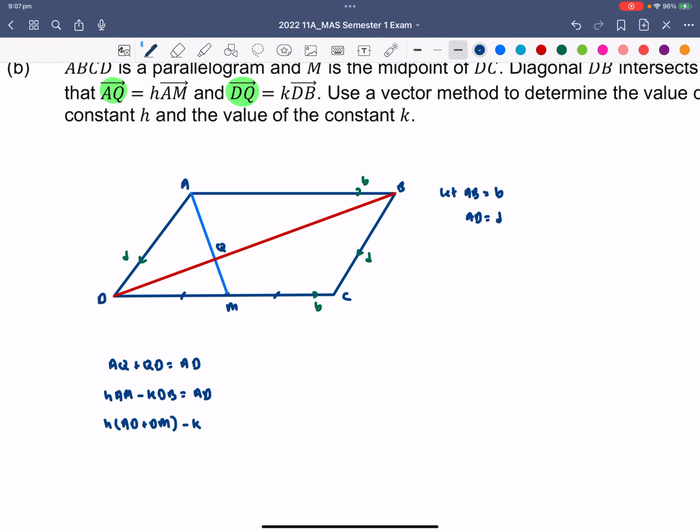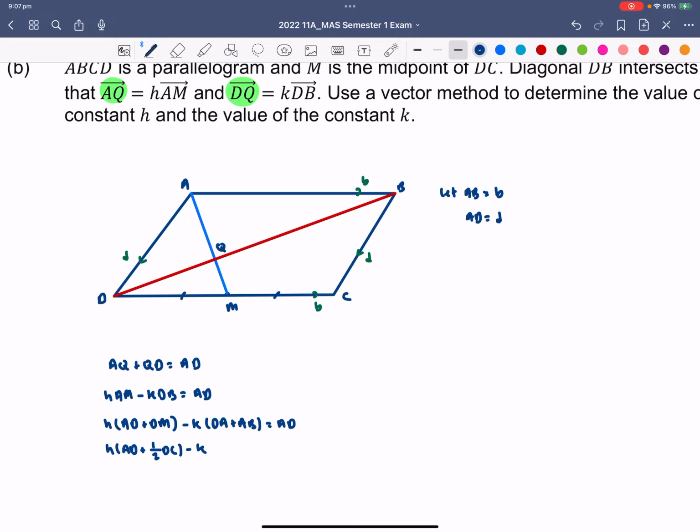All right, what's DB? How will I get from D to B? D to B is like D to A plus A to B, so D to A plus A to B equals AD. Alrighty, and where does that get us now? We just have to replace DM with what it is. DM is half of DC. So I replace DM with half DC